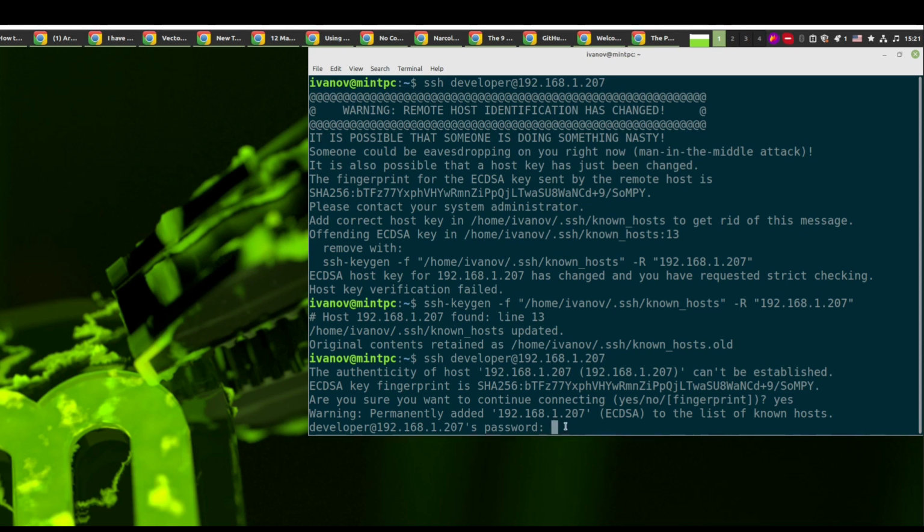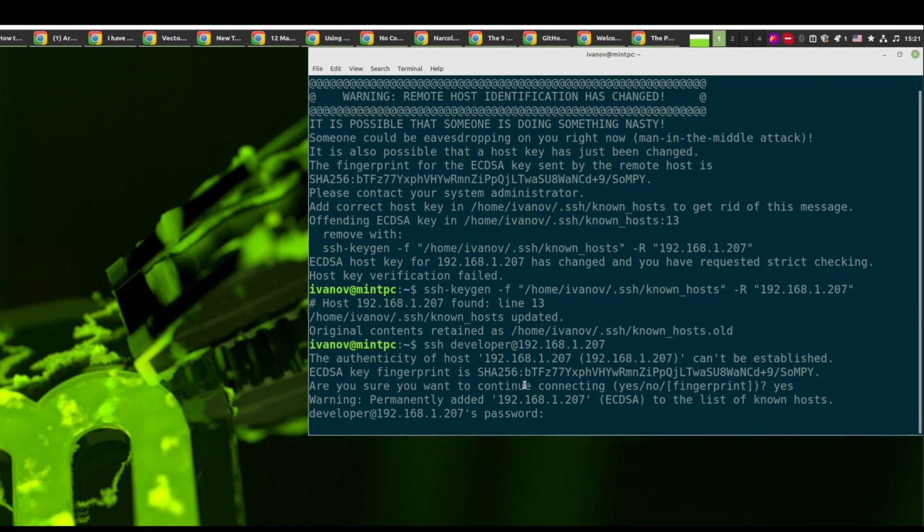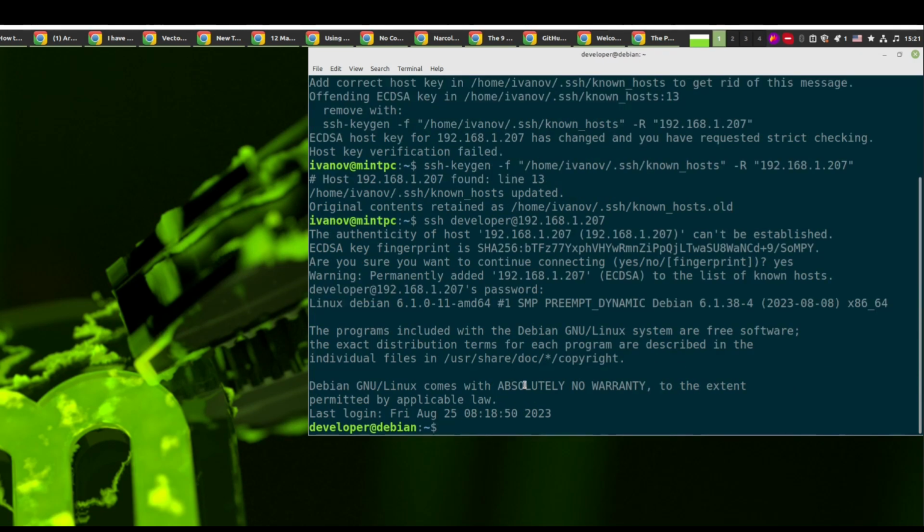Now the Debian server asks for password for user developer, and now we need to, why everything is so slow? Strange. Okay, now we are login